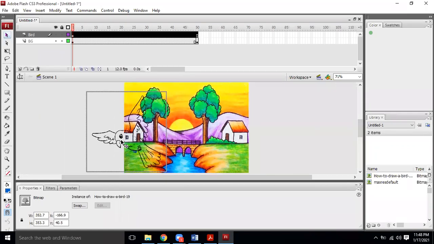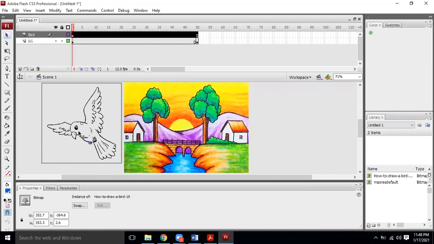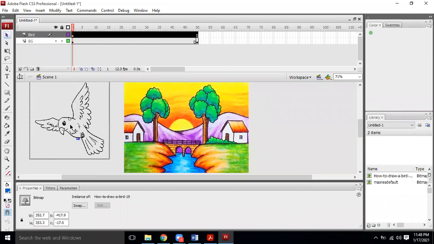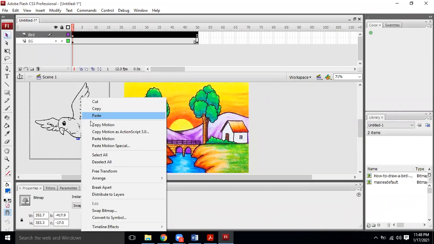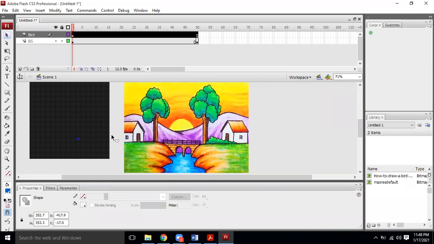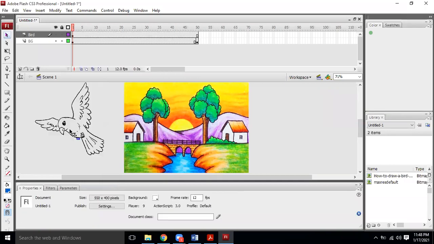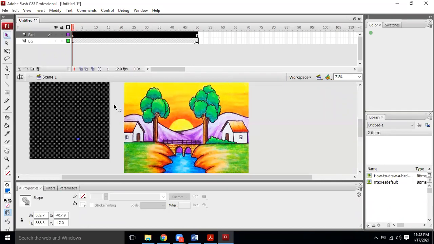This image is giving a look of the bird, but since it is a sketch, either we will have to fill it, otherwise we are able to see through it from one side to another side. So this is looking transparent. I will try breaking it apart to see whether it works or not. Even with break apart, I am not able to fill the color.